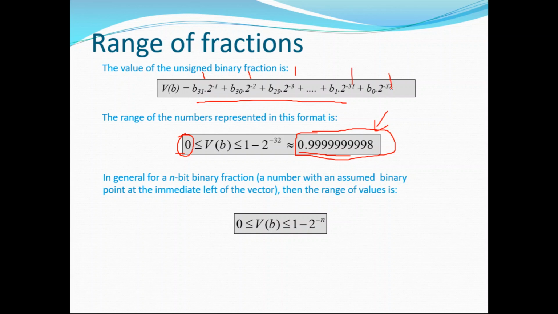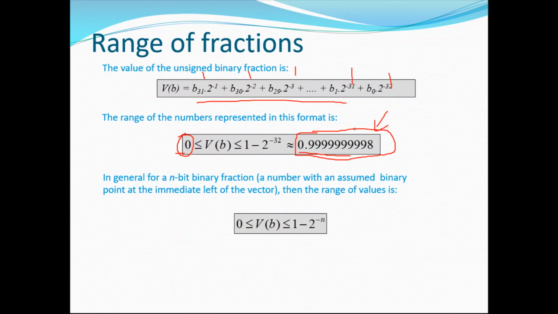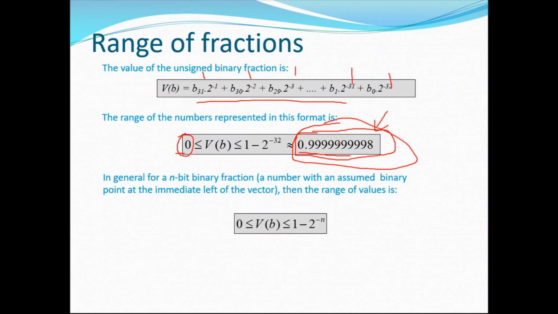If it is a non-fractional number in the normal case, then the maximum you can represent is nothing but 2 to the power 32. But this is the highest fractional value that can be represented in this format, considering an implicit binary point at the left end. But actually this number is very small, because in most scientific calculations you will be using fractional numbers with more precision. So this may not be sufficient.